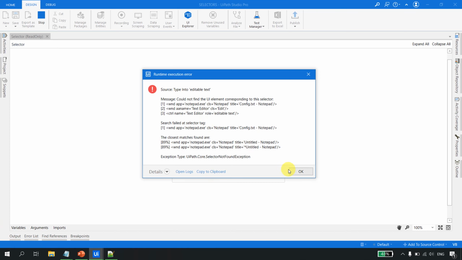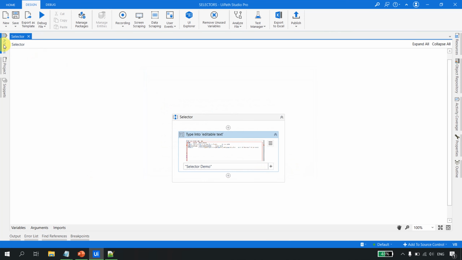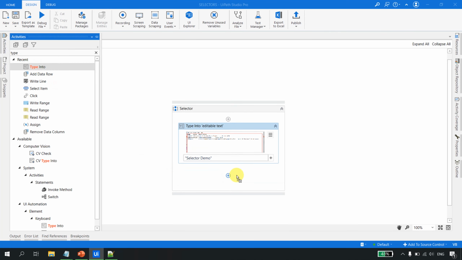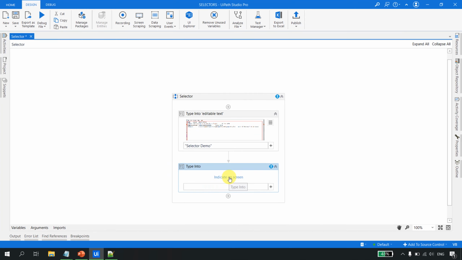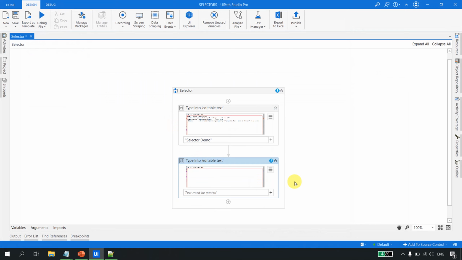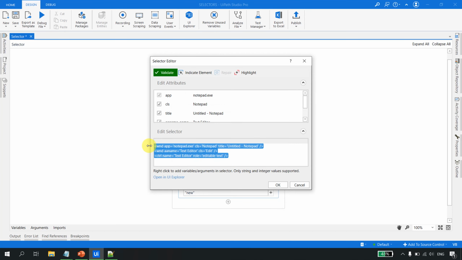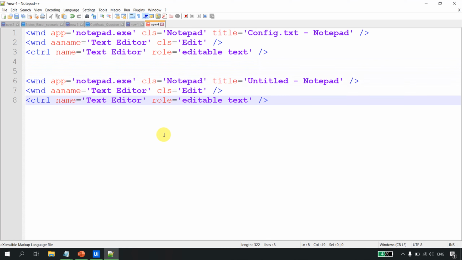Okay, so now how can I rectify this, and let us try to analyze this, right? So if I go ahead and take one more Type Into activity, and I point it to the new one, this one, so it would have generated its new selector. So this is a new one. Now if I just copy edit selector, I will copy this and I will paste it here. So this is for the old one and this is for the new one. So what is the difference you see, right? The editable text is the same, right? Because the text editor is the same, the successor parent is also the same, but the only change is the title,